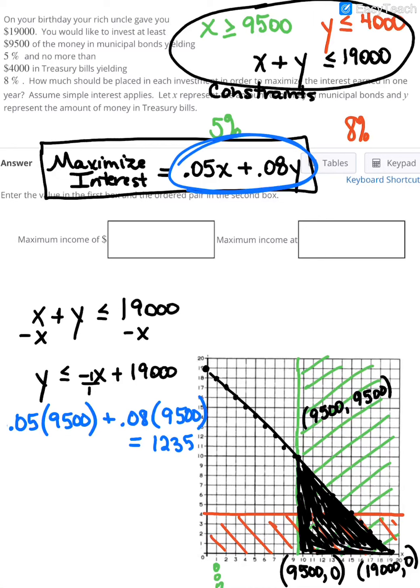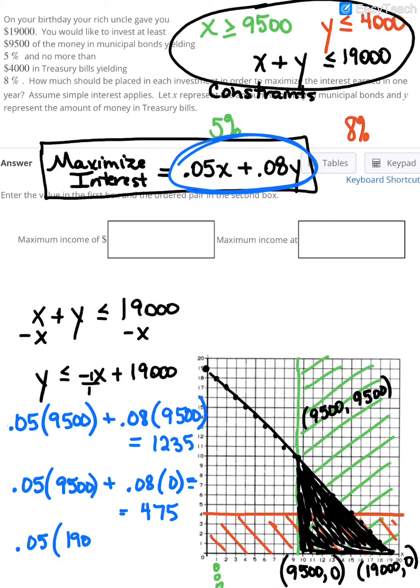Okay, so now I'll take my next corner point. So I'm going to multiply 0.05 times the 9,500 plus the 0.08 times 0, and that is actually going to give me a total of 475. And then finally, I'm going to take the last corner point, and I'm going to multiply 0.05 times 19,000, plus I'm going to add 0.08 times 0, and that is going to give me a total of